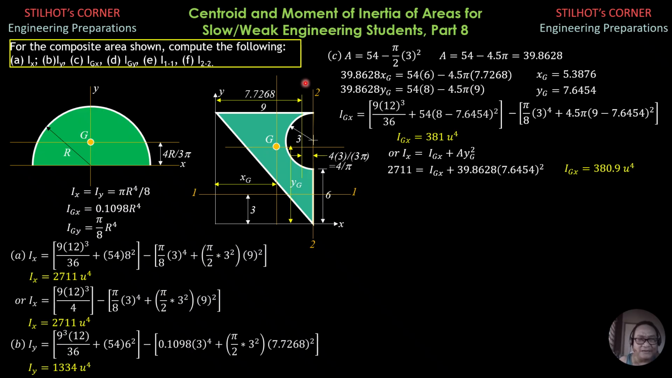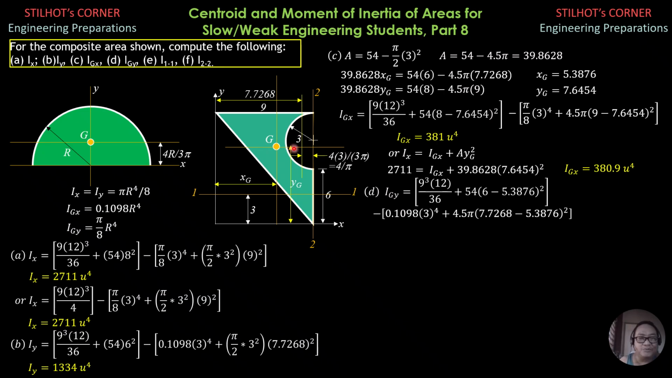Next, for IGY, we also transfer the centroidal moment of inertia. So IGY of triangle is 9 cubed times 12 over 36 plus area 54, distance 6 square, 2/3 of 9 is 6, then minus xg, which is 5.3876. The centroid of the triangle is somewhere here, 6 units from the y-axis, and xg is 5.3876. Therefore, the distance between the centroidal y-axis of the triangle and the centroidal y-axis of the entire area is 6 minus xg, then quantity square. Then minus for the semicircle 0.1098 r to the fourth, 3 to the fourth, plus area 4.5 pi, and the distance between these two points is